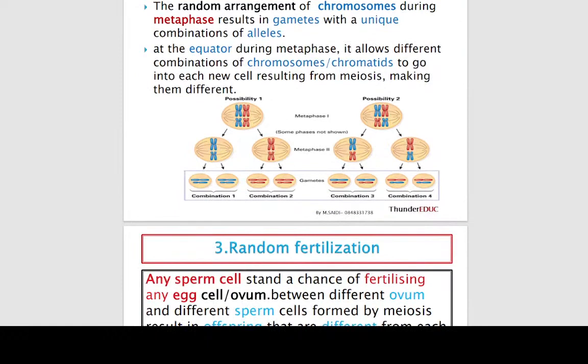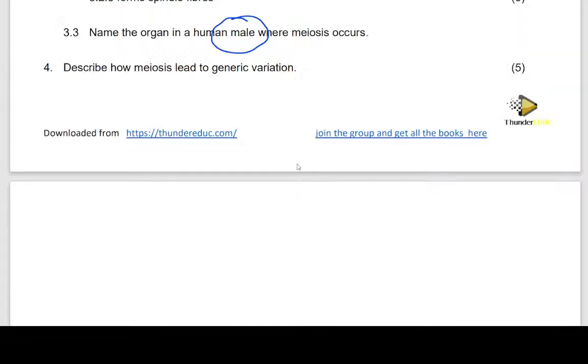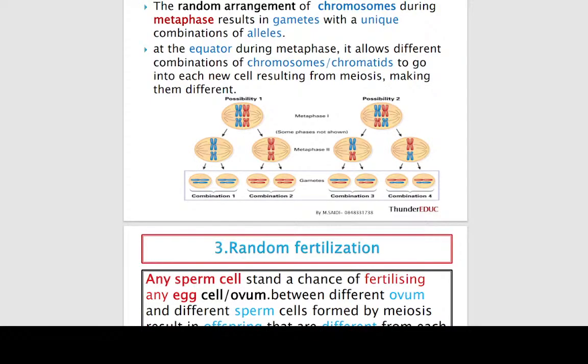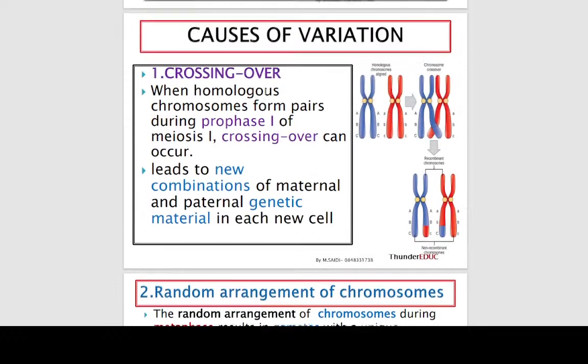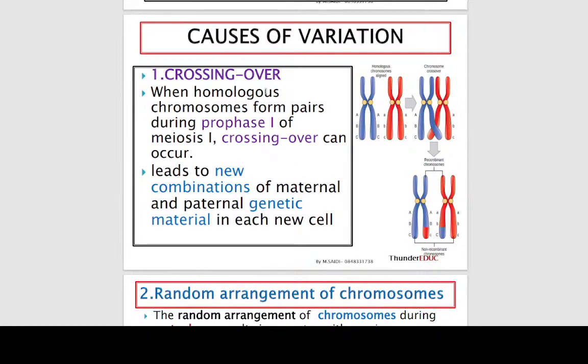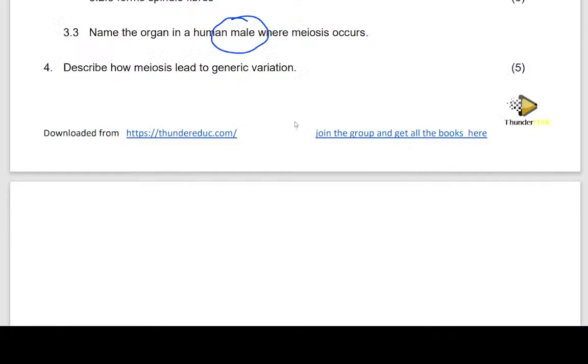So basically, that is this. Let's go back to the other question. What you need to talk about is the random arrangement of chromosomes during metaphase, and then you also talk about crossing over. Those are the two things which you can talk about, and then you can also talk about